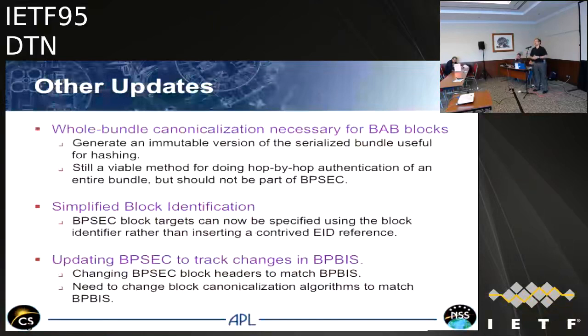Those who recall in SBSP, we did not have block unique identifiers. So we made the assumption that block type was enough to uniquely identify a block in the bundle. And because we might have multiple BIB or multiple BCB blocks in security and perhaps other use cases, if block type was not enough to uniquely identify a target of a security service, there was a large, about a page-and-a-half portion of the spec that talked about how you might jam an identifier into some of the source specific information. We can take all of that out now because in BPBis we have a block unique identifier. So that's what that second bullet is.